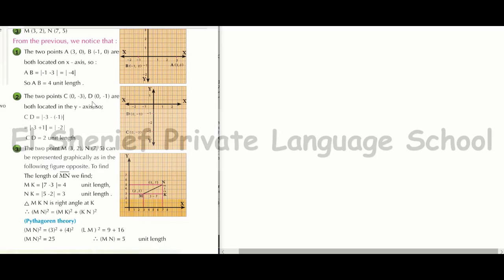And now we want to find in this lesson the distance between two different points on both coordinates x and y. Like point M here is 2 and 3, and the other point N is 5 and 7. We note that they are different in x and also in y. How can we find the length between them? We have a rule to find the distance between them. This rule is